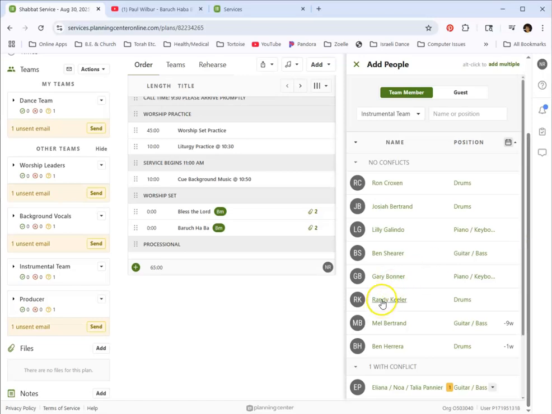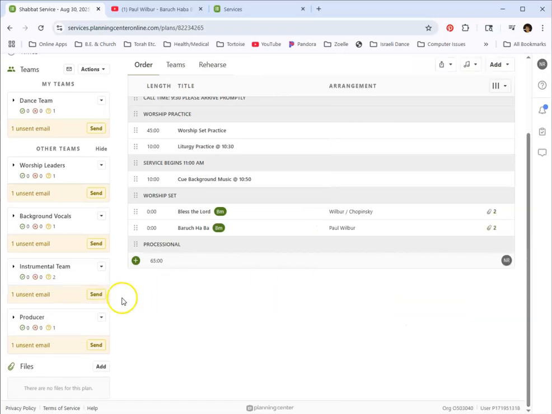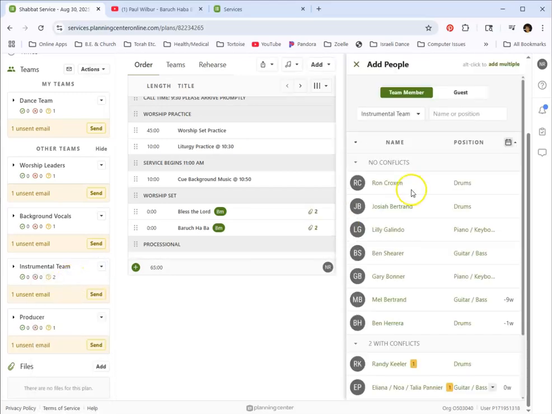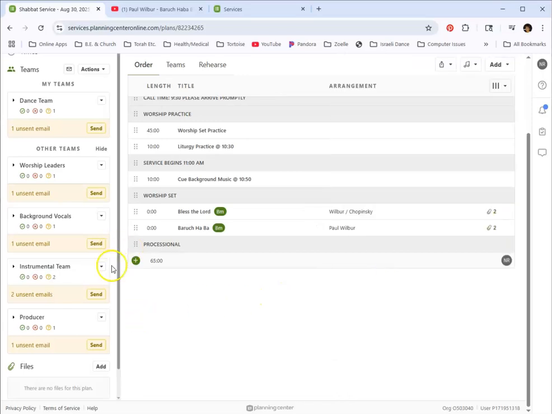Okay, so let's put Randy on drums and probably Gary on piano. All right, then we have producer is Leslie. Leslie has to get this, so always keep dance team, always keep producer on here so that we also get it. Then you would go here to action,